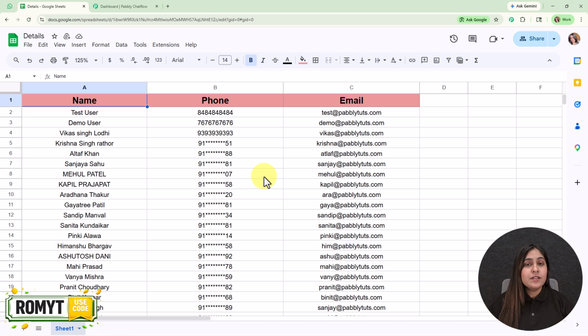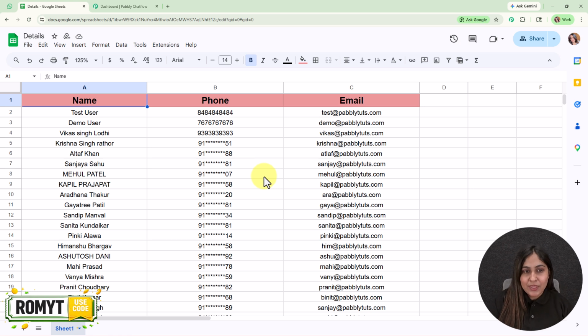Also looking to learn about a trick which allows you to send bulk WhatsApp messages to all your leads or customers without getting blocked, that too with a personalized name in just one click? Then this tutorial is definitely for you. In this video, I'm going to show you how you can use this amazing trick to send the WhatsApp broadcast message to all your leads or customers, that too with a personalized name in just one click without getting blocked